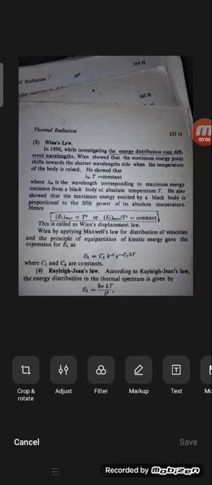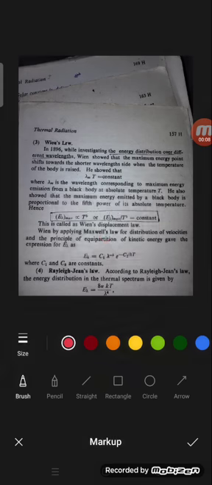Good morning. So today the class is about Wien's law, Planck's law and Rayleigh-Jeans law. In quantum theory of radiation, we completed the introduction part: what is quantum theory, who proposed it, and the black body and where it is. We also completed the energy spectrum due to the distribution of energy in a black body.